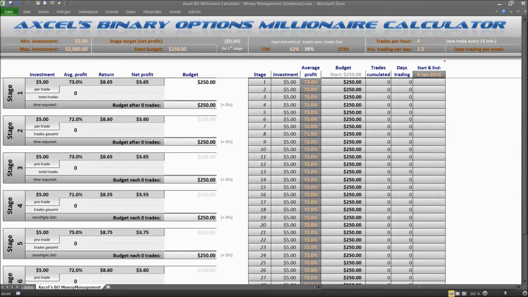It will become a little bit more clear once I enter the remaining figures up here in this top row, which basically holds our frame conditions. This one here is the start budget, and whenever you open an account with any binary options broker, you have to make a deposit, and typically you will have to make a deposit of $250. And as a beginner to binary options, maybe you want to start trading with only small amounts in the beginning, so I put $5 here, but that amount of course will be increased as you go along,